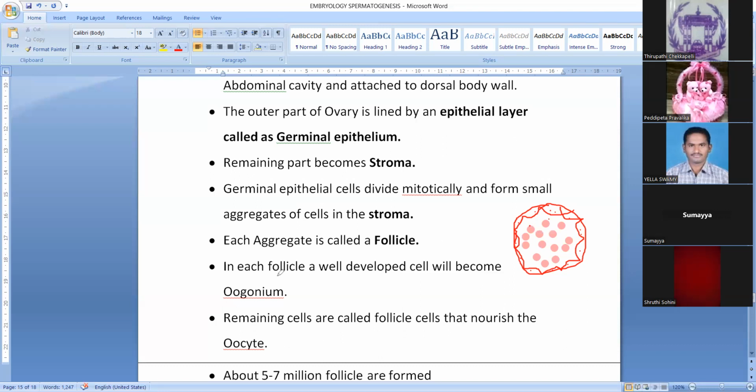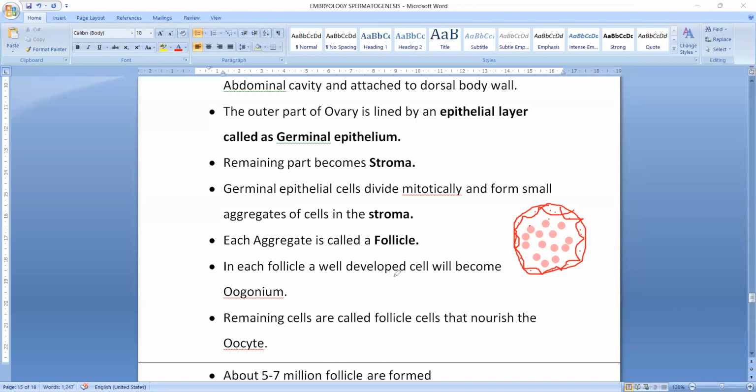Okay, in each follicle a well-developed cell will become an oogonium. Okay, so here in this